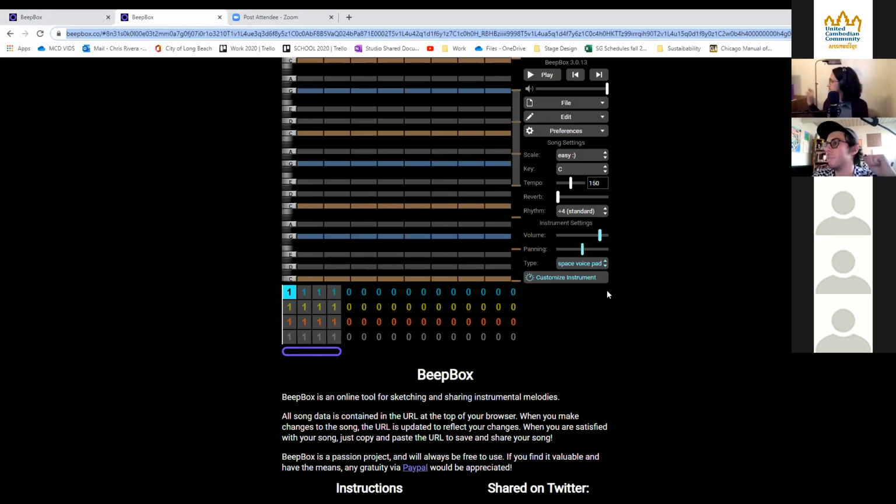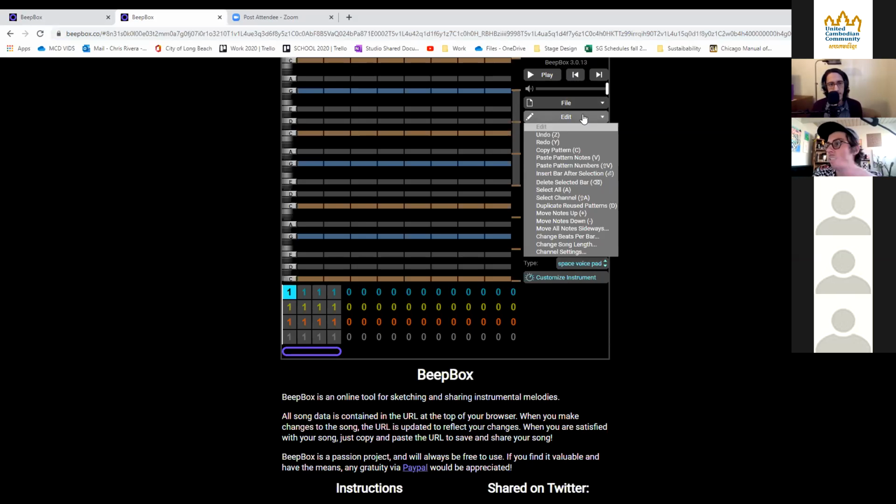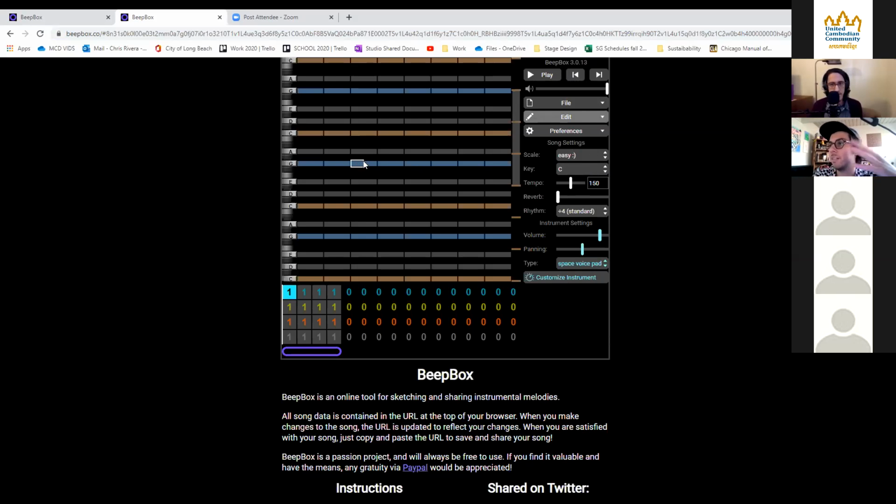All right. This is the Beatbox interface. It's like a music sequencer, and it looks similar to other audio workstations out there, like Ableton, for instance, where it has this piano roll type thing. But I'm going to start off on the right side where all the settings are. Right here we have File, which is mostly for sharing your songs in different ways. We'll be using that at the end, and I'll go into more detail. Edit is just a way to copy and paste notes and adjust them.